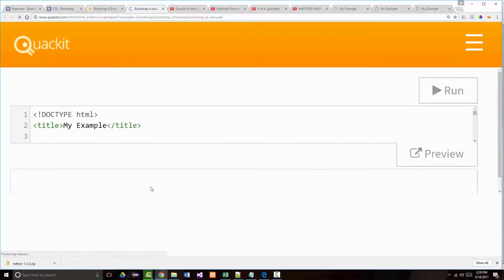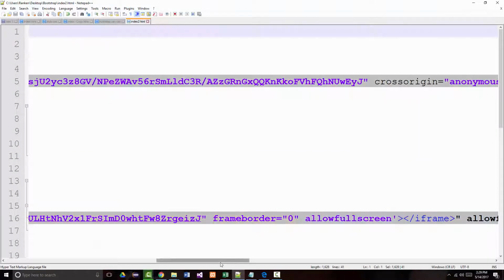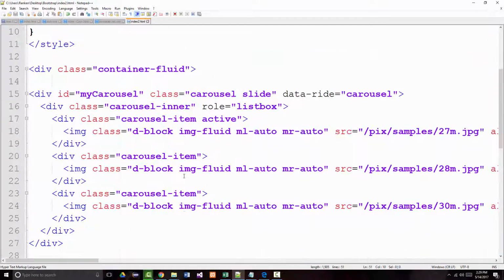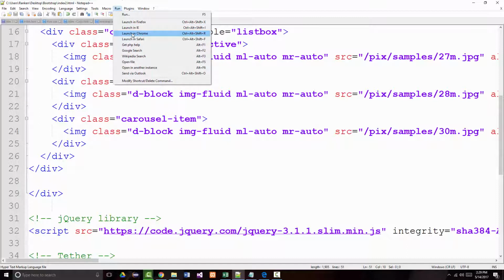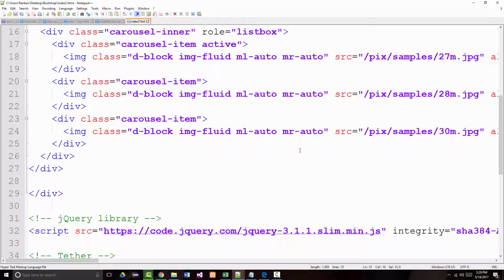Basic carousel example, we looked at this before. Again, I'll have to change all those images because they don't make sense. I can run this right now. I can run it. I'm just going to go to the second slide, etc. All right, that doesn't really do too much. But if I come back here,